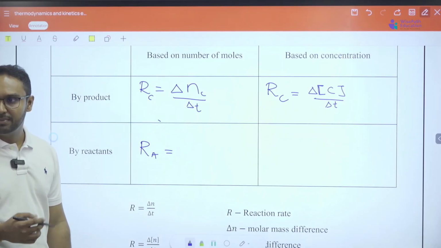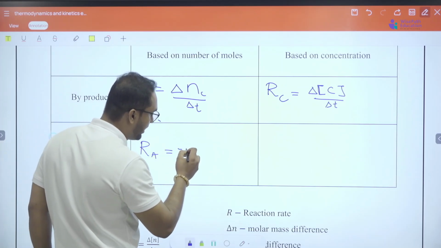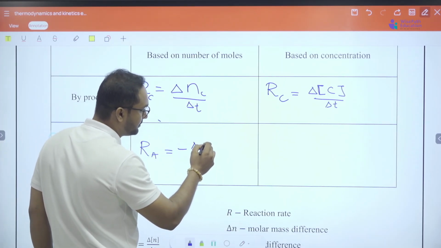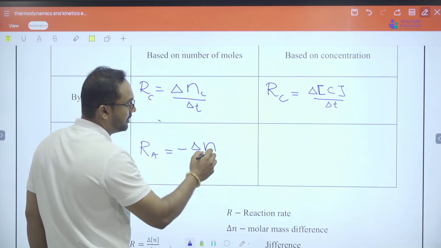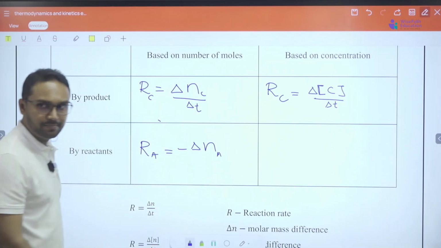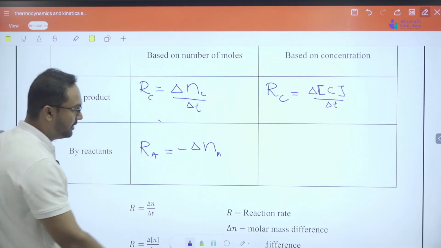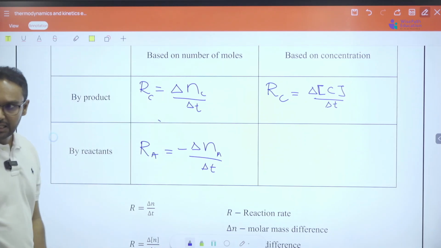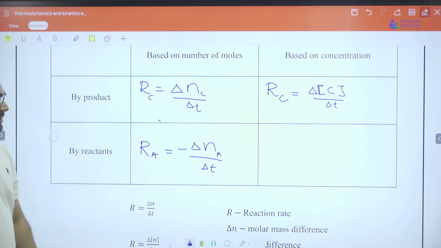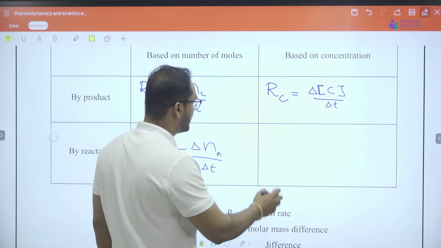Yes, because it's the reactants, right? If it is the reactants, you have to put a minus in the front, delta the number of moles of A, the consumption of number of moles of A, divided by the time spent, the delta T. This is the rate of reaction of A. And if I consider the rate of reaction of